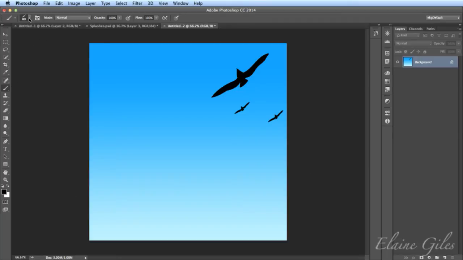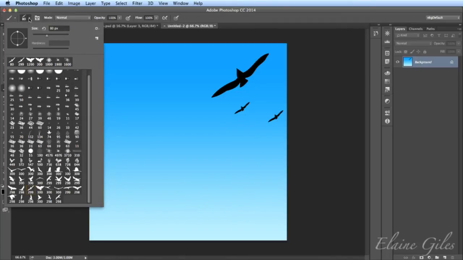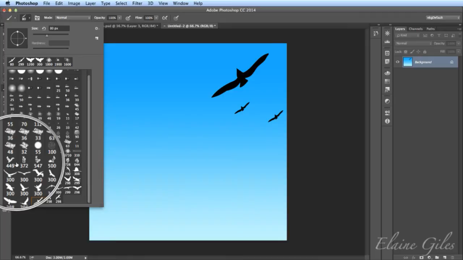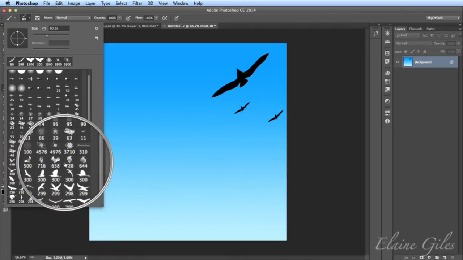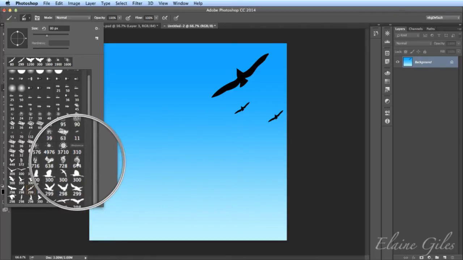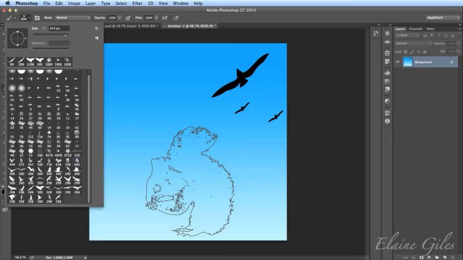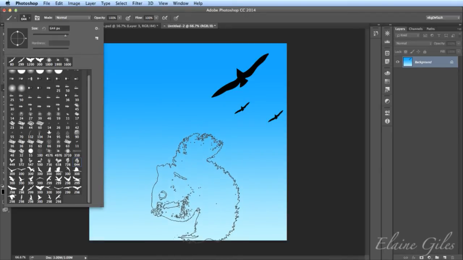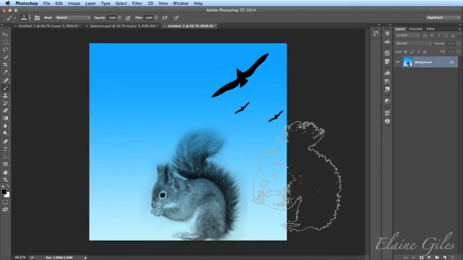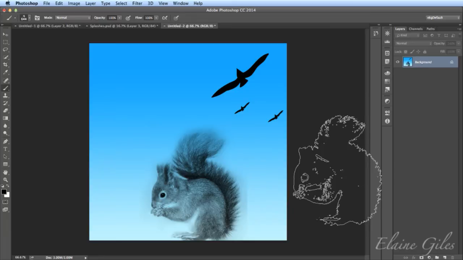Now, one of the other brushes that I loaded, and I know you're dying with curiosity, aren't you? What does the squirrel look like, is what you're thinking. I've got lots of different squirrels in there. They're all across there. And I think from memory, this one was a nice looking chap. So I'll click on that, and you get an outline of him, as you see. I'll just click there so his feet are slightly off the bottom. And there you've got a squirrel.